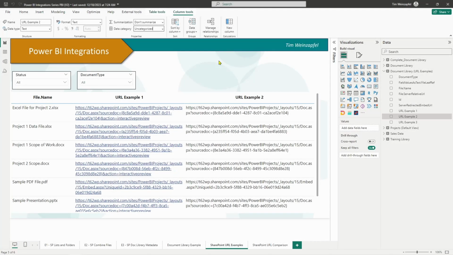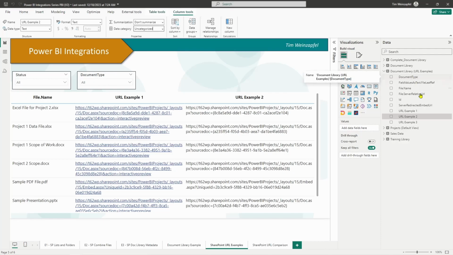Now, one thing to be aware of that you have to do right initially to make sure that Power BI recognizes your columns as a URL, and I've got an example here, is where this first one, the URL example 1 column, you can see it's hyperlinked. If I hover over it, it automatically gives me the pointer to click on it. The second one, I don't. Even though it has a URL in it, it's just seeing it as free text or normal text. So what you got to do, the simple thing is just make sure that in your table,